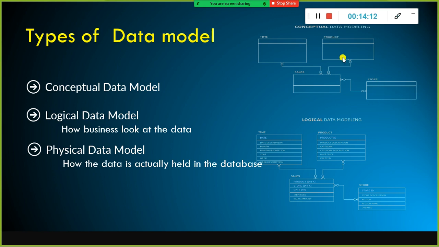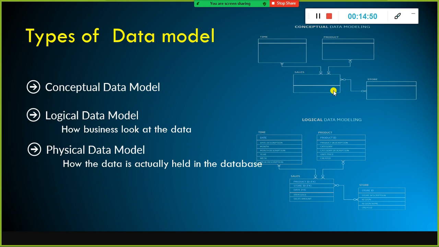So the properties of each entity you identify as part of the logical data model, and you also identify the relationship between all these tables. As part of the conceptual data model itself, we come up with the number of entities required to address the use case, or to match the use case requirement. You are able to conceptualize the entities, but it is at a very high level. At the time of coming up with the conceptual data model itself, we define the relationship between these entities.